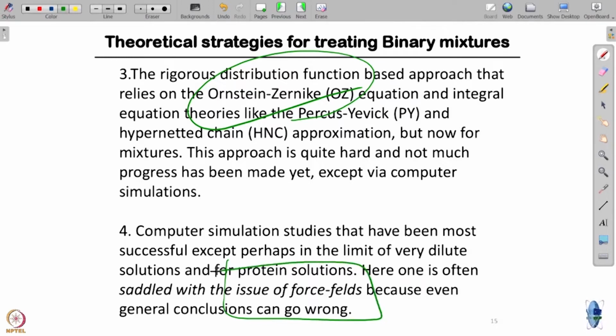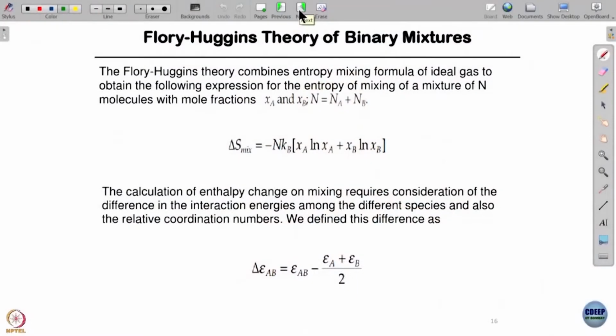That's where osmotic pressure plays such an important role. That is what Flory realized and used in the polymer. And now we go to Flory-Huggins theory. Okay, so as I said, when you put A and B together in a mixture,